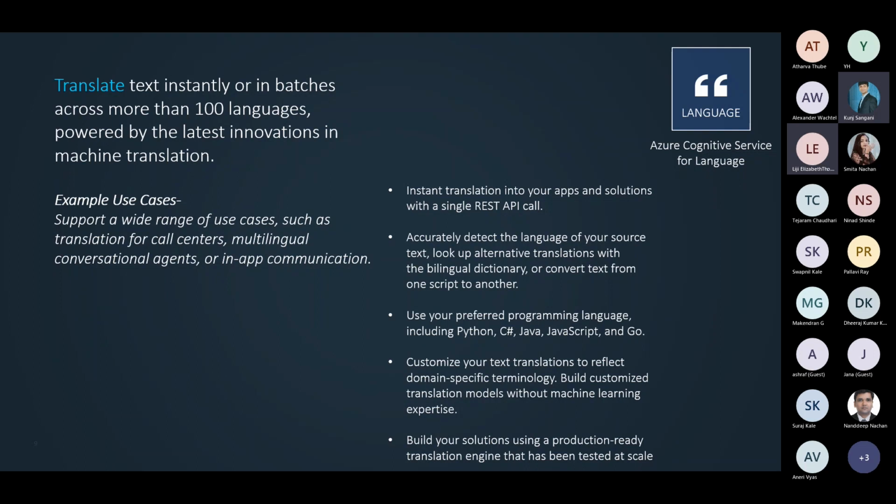You can, by just making a REST API call or by using the SDK support, invoke these language translation services in your code. Just like we saw in the case of named entity recognition, sometimes you might have domain-specific terms or terminologies that are not standard language terms, maybe AI5, and you need to be able to translate that into specific languages.